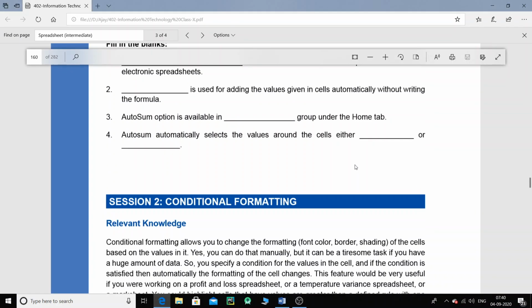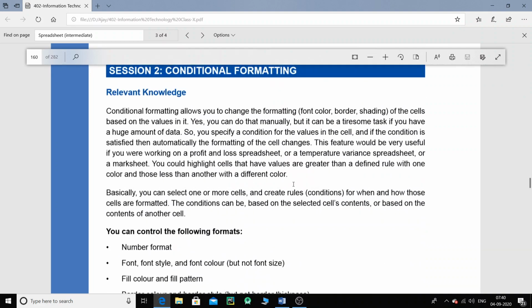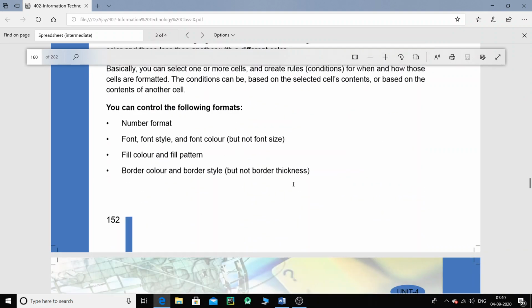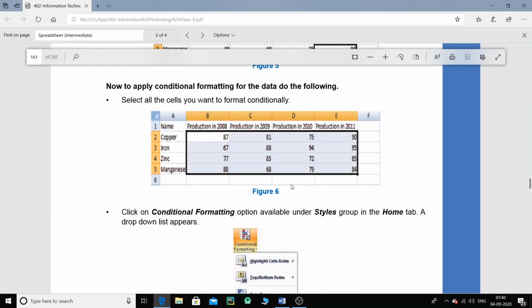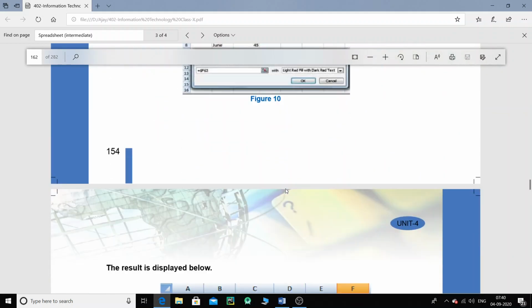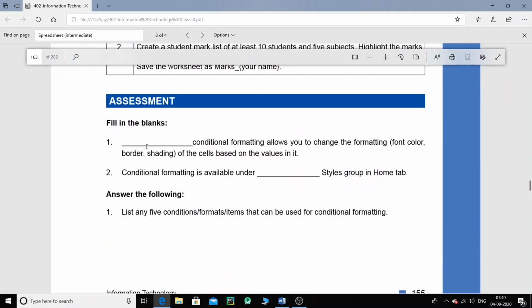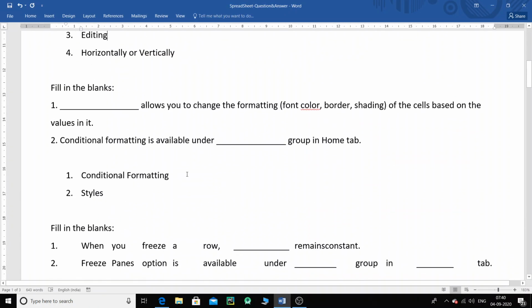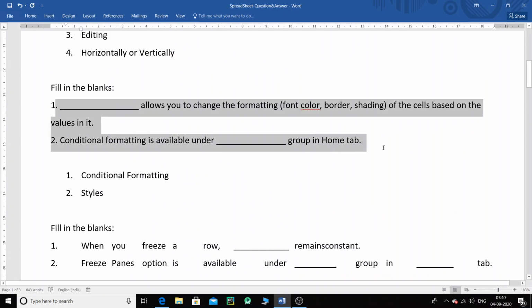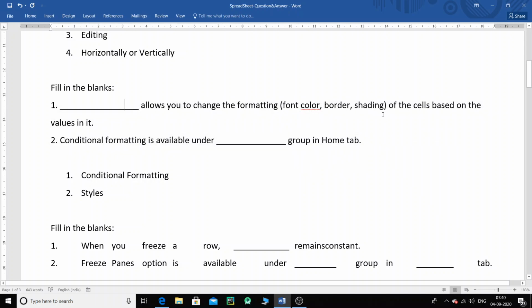So that was the first part. Then we have learned about the conditional formatting, how to format cells, how to give different colors to the cell depending on certain values. That is what we have learned. Now let us go through the fill in the blanks, and that is over here. Dash conditional formatting allows you to, now there is some mistake out here, and they have actually given the answer. Okay, this is dash allows to change the formatting, and I made the changes out here, children, so please write it from here. Dash allows you to change the formatting, and that is conditional formatting.